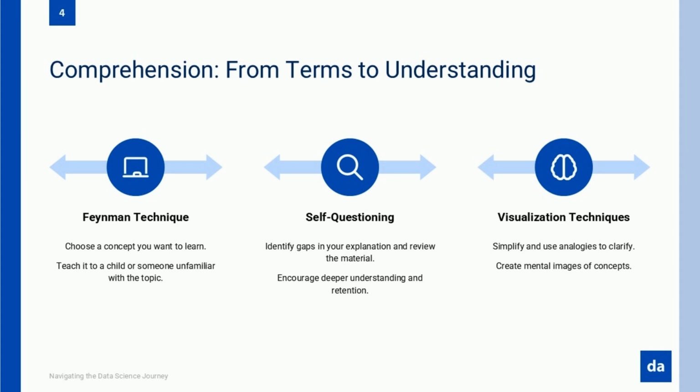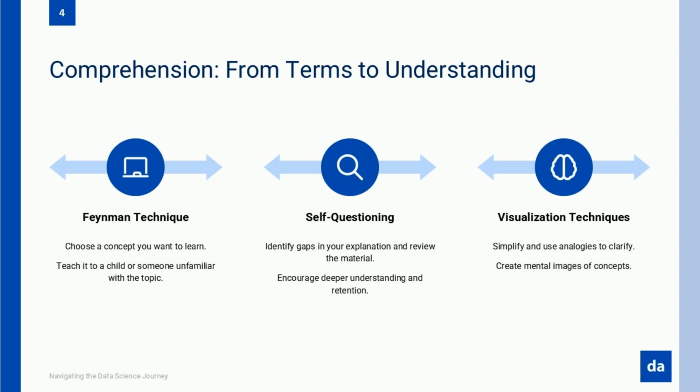stakes are high. One of the most effective methods to verify your comprehension is what's often called the Feynman technique. Named after the renowned physicist Richard Feynman, this approach challenges you to explain a complex concept to a complete beginner, ideally a 10-year-old child. When forced to strip away technical jargon and complex notation, you quickly discover the areas where your understanding is solid and where it's superficial.